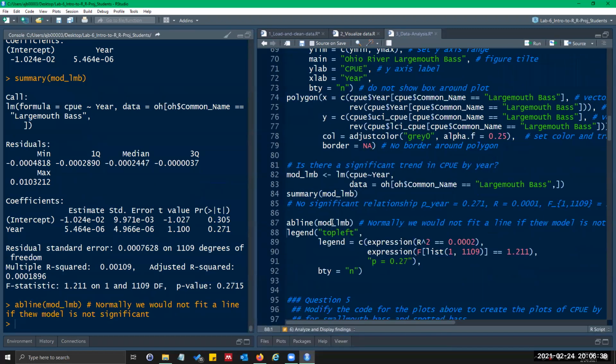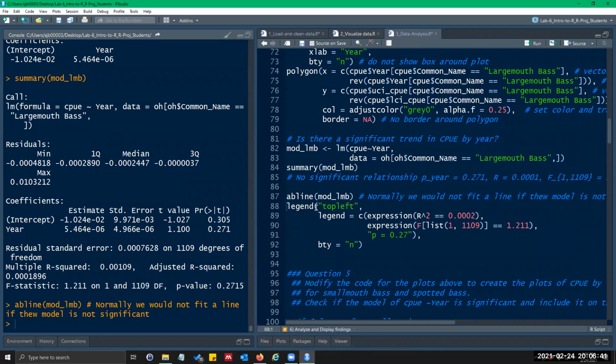The next thing we're going to do is create a legend, and we're going to put the statistics for our model in that legend. So you do that with this legend command. The first argument is the position. I'm going to put it in the top left. It could be top right, bottom left, bottom right. There's probably others, I think center or top center. I'm not sure. You could look it up. You can also use XY coordinates. This is the easiest. The second argument is the legend. So what's going to be within the legend? That's going to be a vector, and it can be mixed in this case.